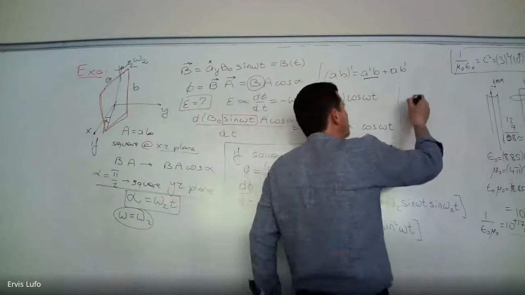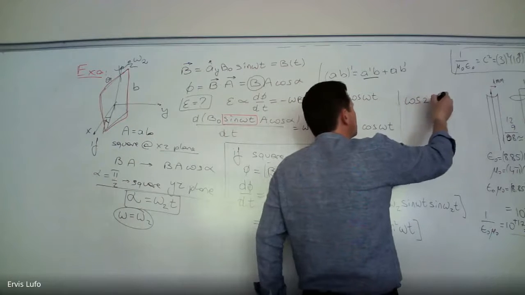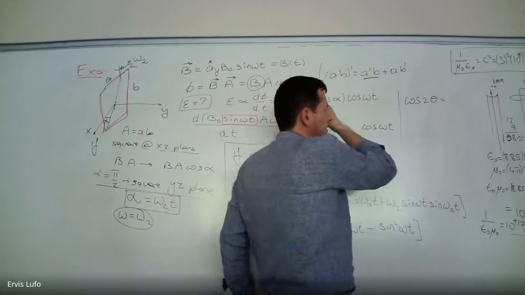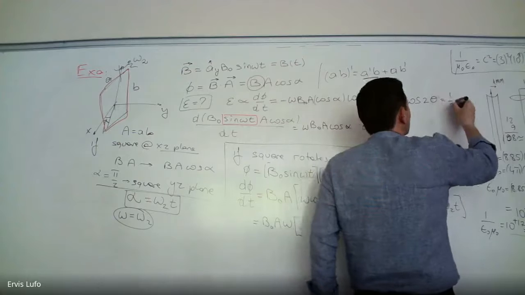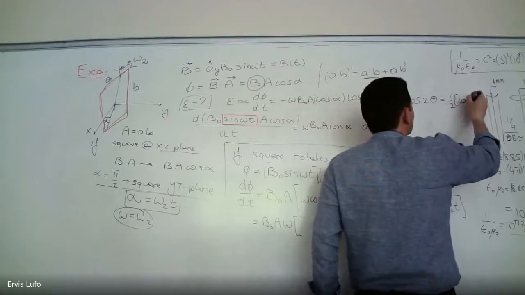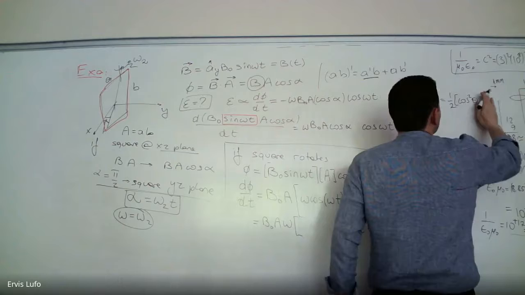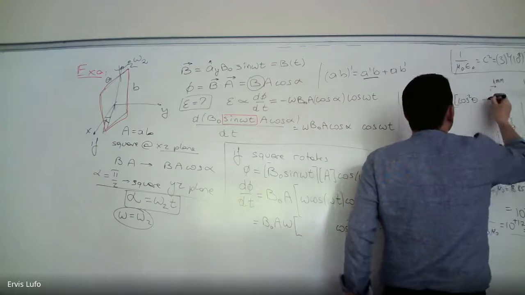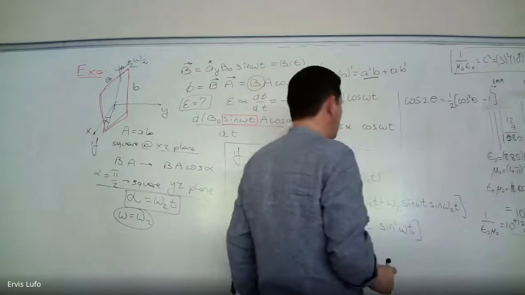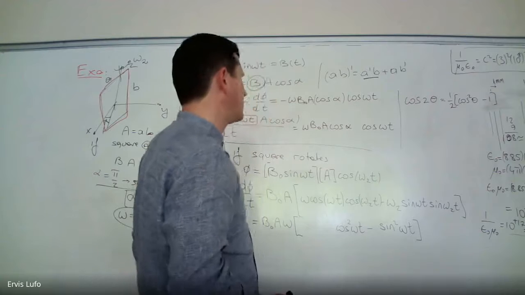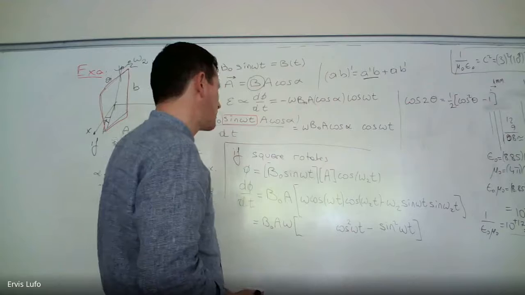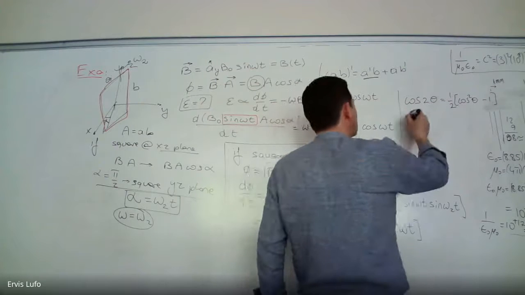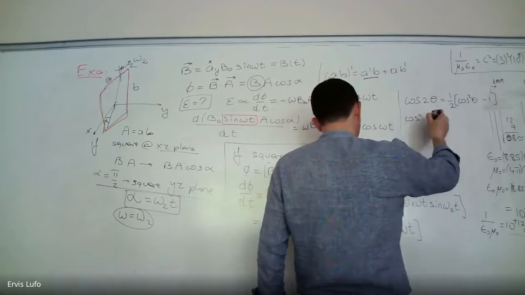Personally, I don't memorize this. I cannot memorize this one, but I believe this cosine 2 theta is equal to 2 cosine squared theta minus 1. So I think there is something like this. And then, okay, so how can we do this? Well, this is cosine squared minus sine squared. This is cosine squared